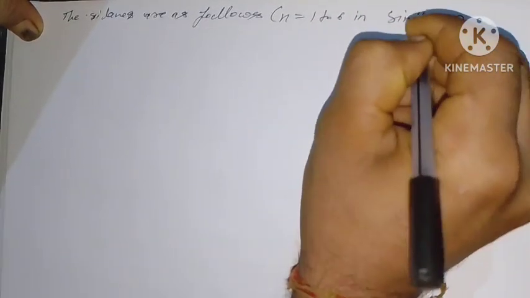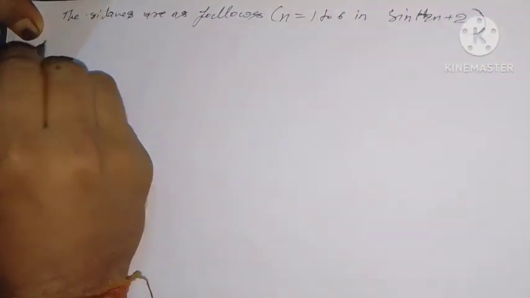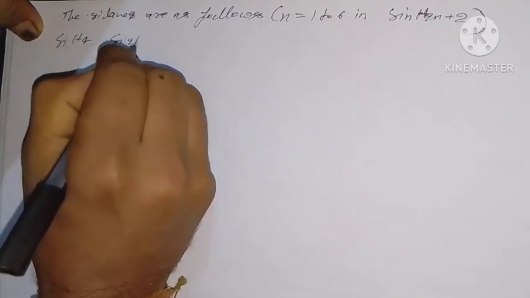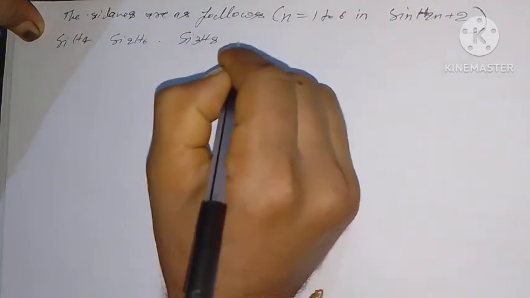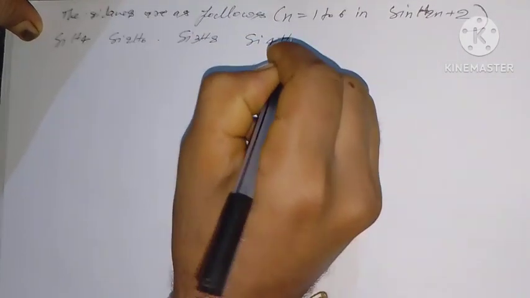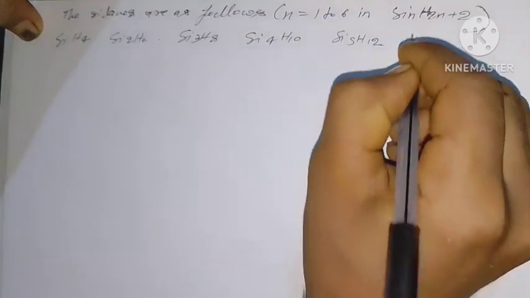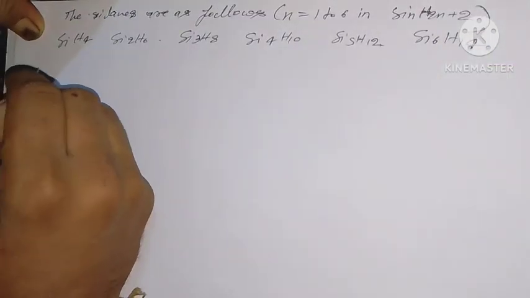That is SiH4, Si2H6, Si3H8, Si4H10, Si5H12, and Si6H14. The names are monosilane,